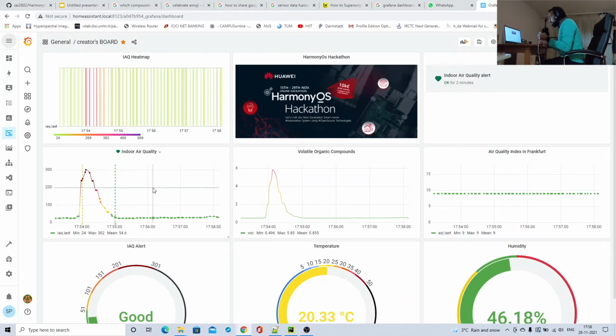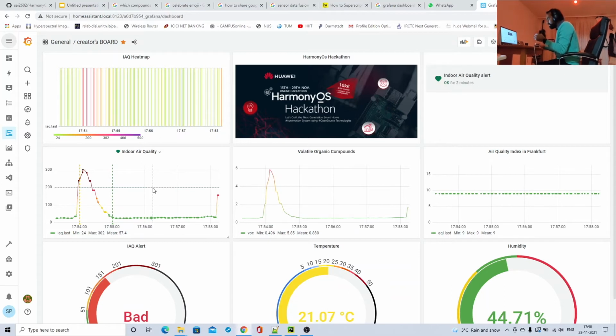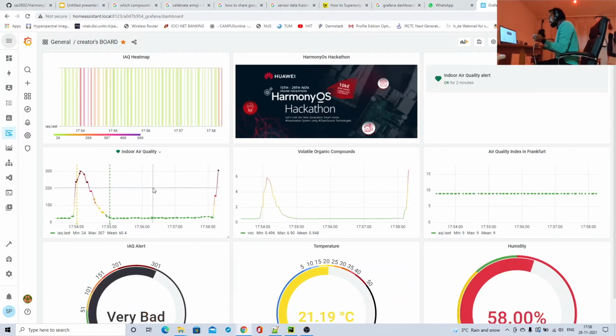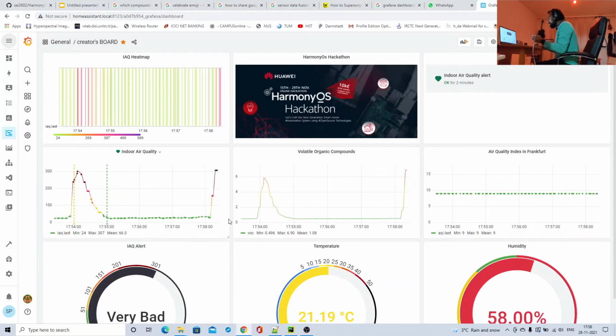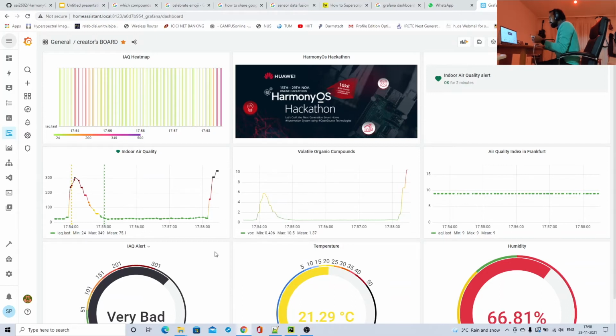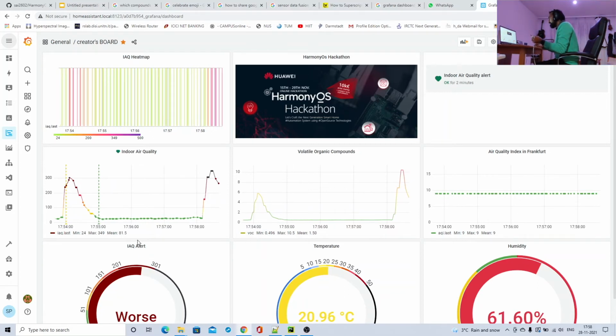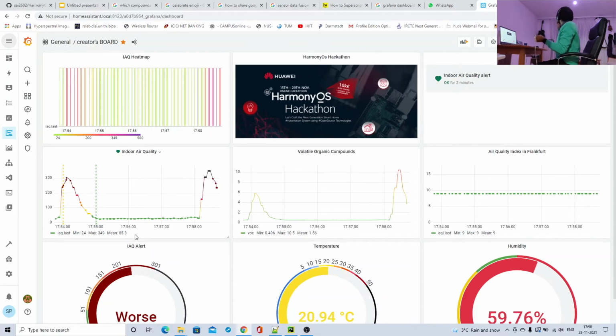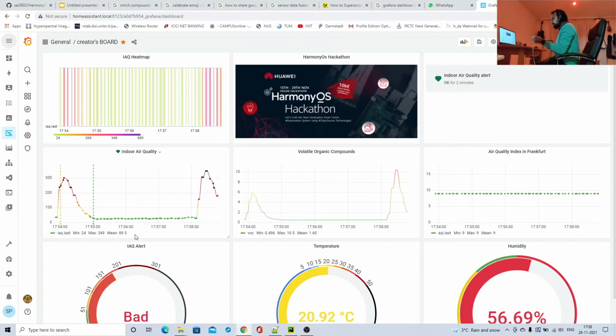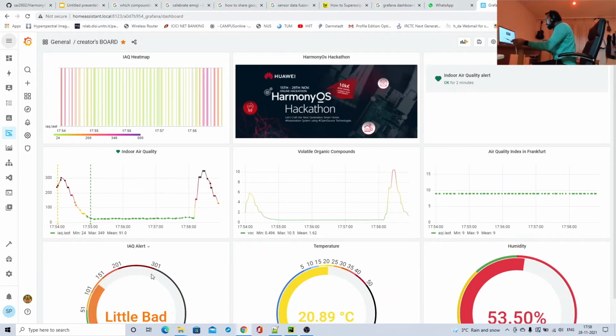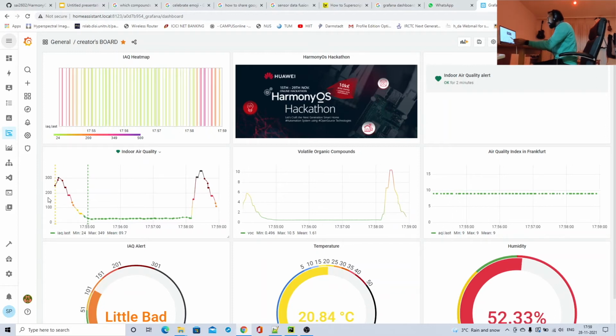Now if I breathe out on the sensor, it is increasing this IAQ number, because there are a lot of VOC contents when I breathe out on the sensor. As we can see, this alert widget gauge goes up and down with the IAQ value, and in addition we get light control as we can see here. According to this dial, there is a range from 0 to 500 on the gauge, and in addition it sends an alert to the phone.